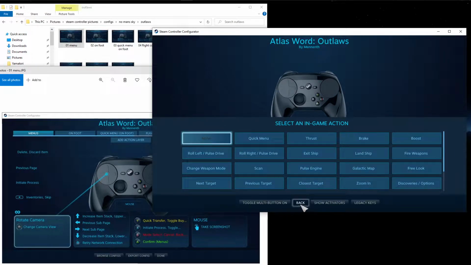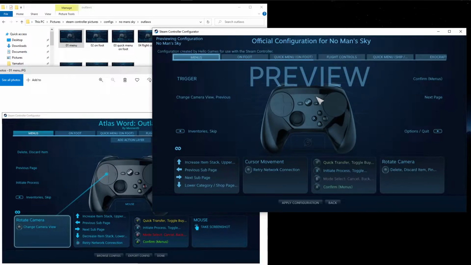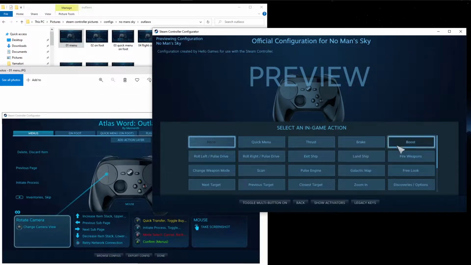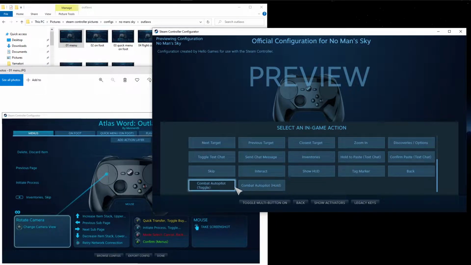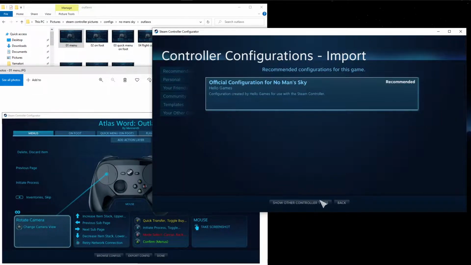And it relates to how they've reworked ship combat a little bit. There's no action for it here, but if you go to browse configs and go to the recommended one, and then flight controls, you can see it here. Combat autopilot hold, and when you click, let me see if I can find it real quick. It might be at the end. Yeah, combat autopilot toggle, combat autopilot hold. They've added a couple of new actions, and those are nowhere to be found in